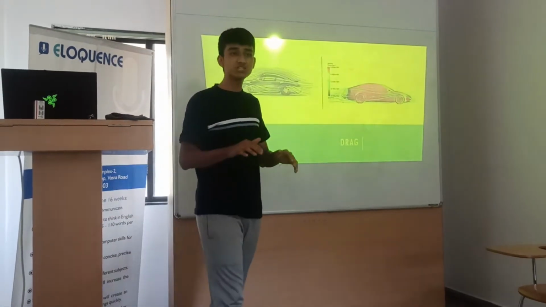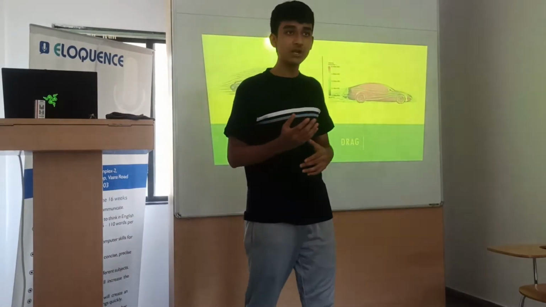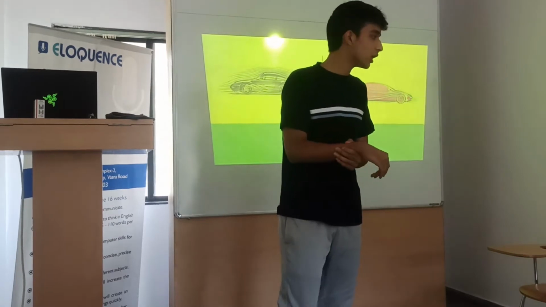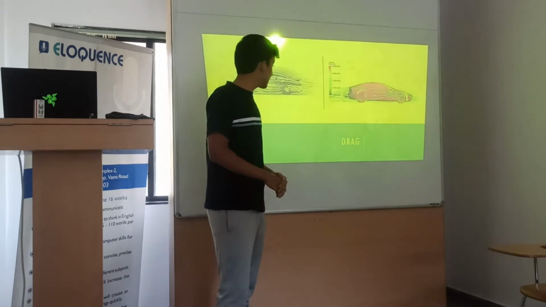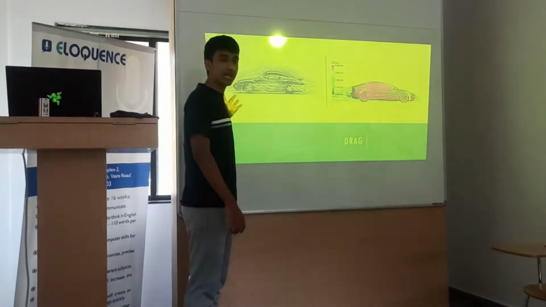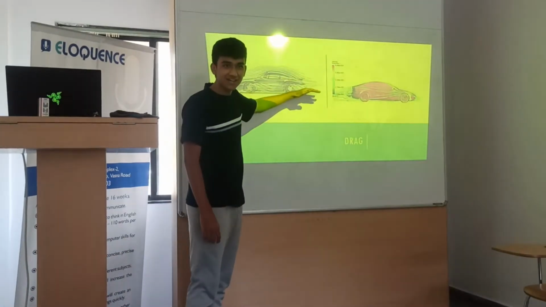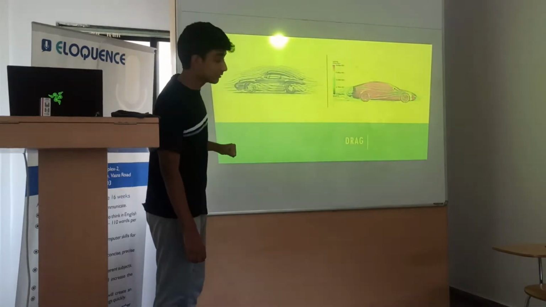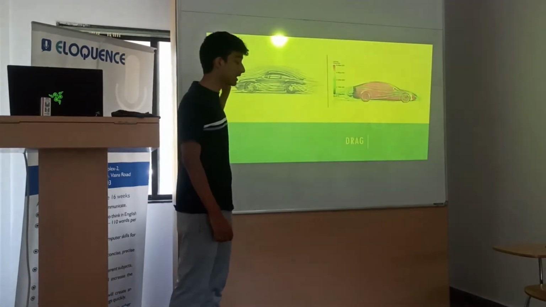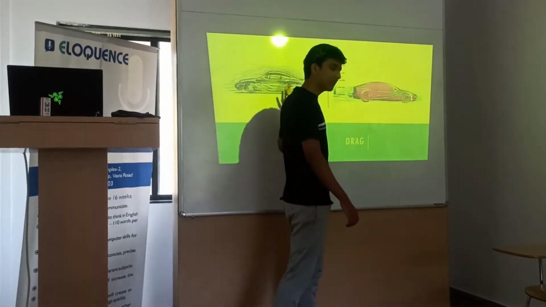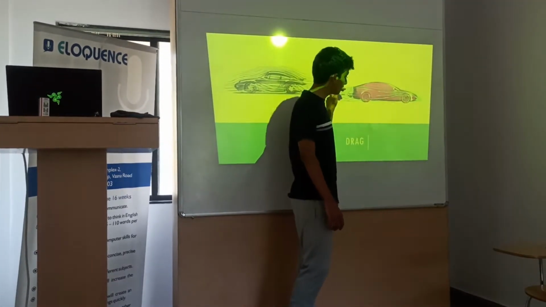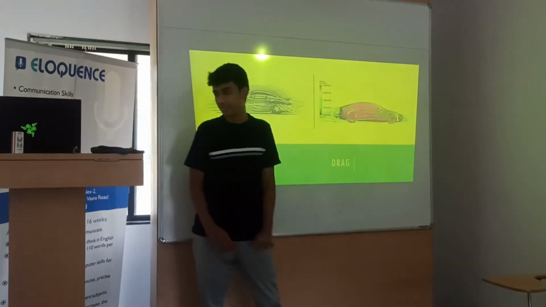Now drag is the resistive force that is caused by a fluid when an object moves through it. You know friction, right? This is a sort of fluid friction. Over here, as you can see, when the car is moving through the air, of course the air can't go inside the car. Sorry? It's pushing it back. Exactly. It's pushing it back. It is a resistive force that is acting on an object. These are just two basic pictures of how it acts, when the car moves through the air, how it behaves.